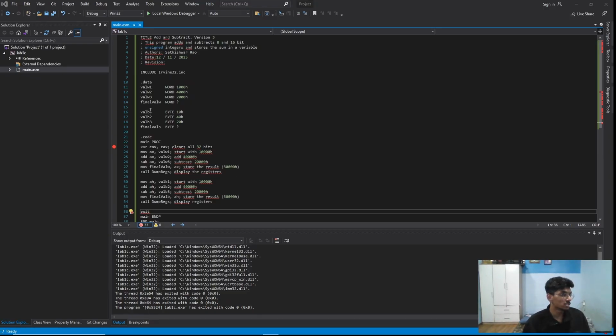Then for this 16 byte, it will show well B1. So it will start with 1000H, then it will add 4000H, then it will subtract 2000H. Then the final B value would be the final result of the add and subtract. Then finally it will call the dump regs. Then we'll exit the